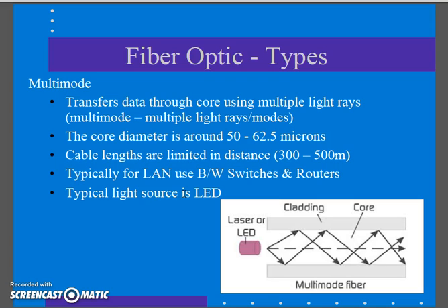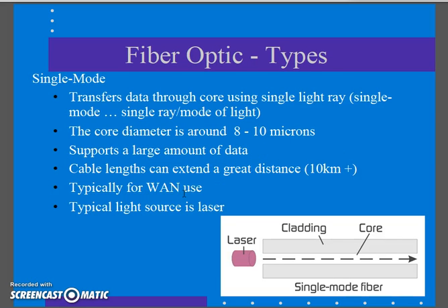So multimode is probably the most common fiber we're going to encounter in networks and LANs. Meanwhile, there is also Singlemode. Singlemode you're typically going to find in WAN connections or connecting buildings together. Think of connecting, if you've been over to Wildwood, the Blocker building at Wildwood the whole way up to North Hall where they have the fire tower. That, because it's longer than 500 meters, would need to be a Singlemode type of fiber